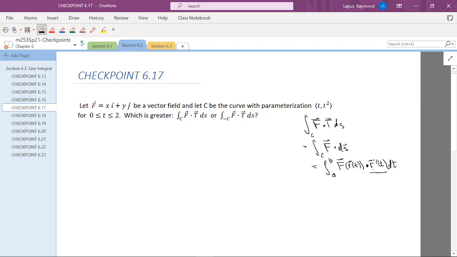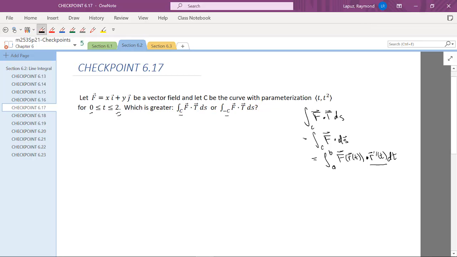Okay, so the big difference between going along the curve C and going the opposite of C is really just switching the sign and going from the limits 0 to 2 versus going from the limits 2 to 0, which we know by properties of the integral is just going to be negative. All right, well, let's do the computation for this vector field. We have the parameterization from r already, so we need f